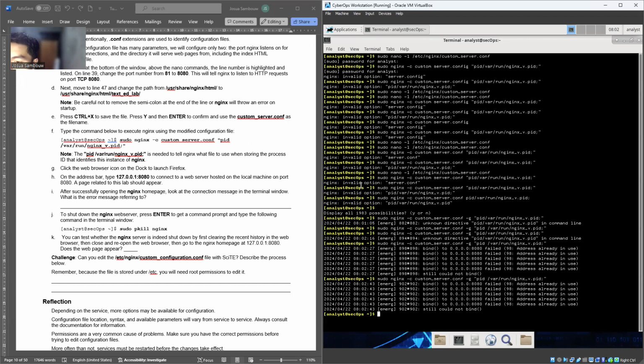Earlier it was not like this. When I tried this one, the PID had no space and it said unknown directory, and I changed to PID space and it was fine.